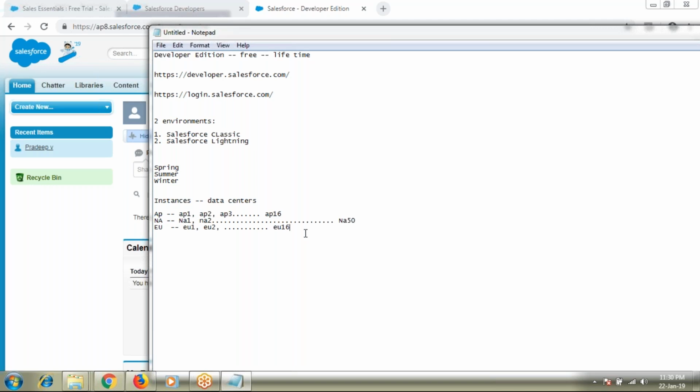So based on the continent, they have divided the instances, and they send the customers' traffic to the specific data centers so that their main data centers do not crash. And this is why we have the concept called instances. Understood? Yes, thank you. Cool.